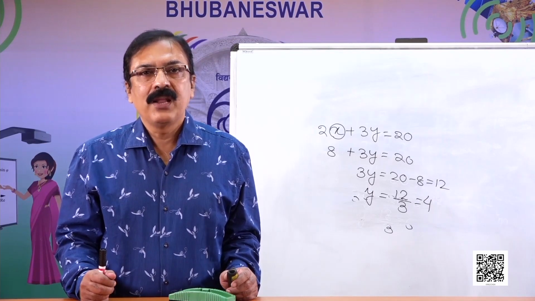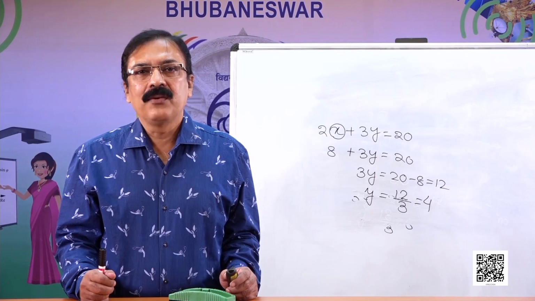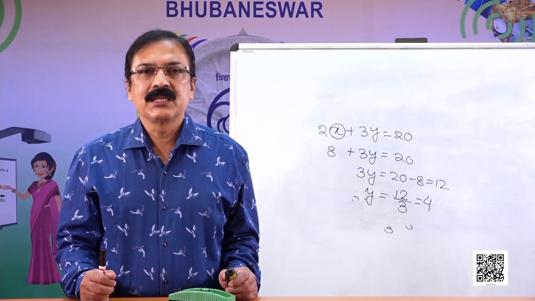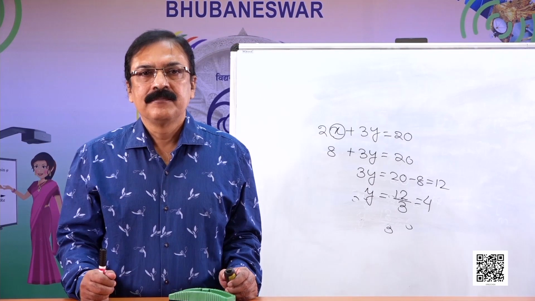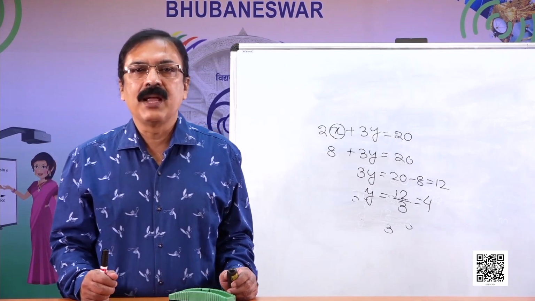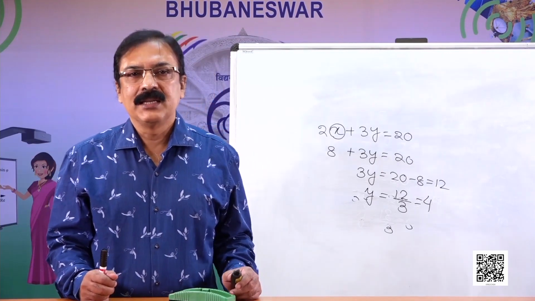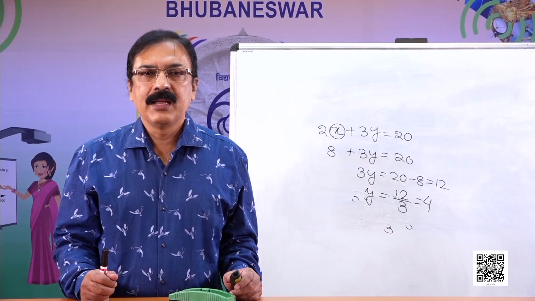So for any value of x, we will have one and only one value of y that satisfies this equation. And the solution of 2x plus 3y is equal to 20 are (1, 6), (4, 4), and